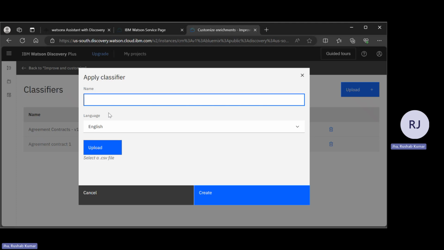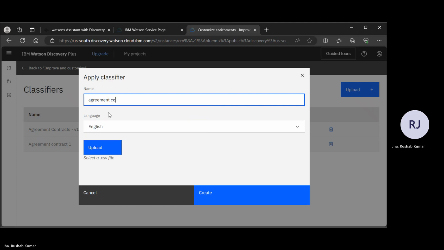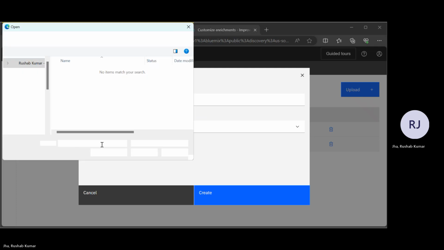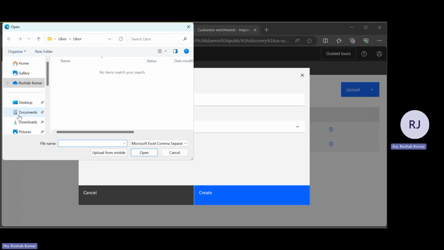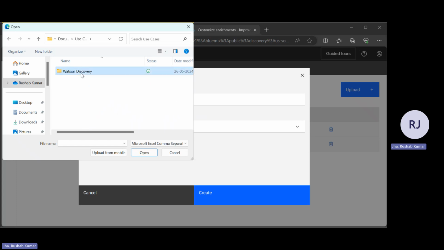Let's say I create agreement contract 1 1 2, and you can upload a file. Let's say I go to documents, and then I have created a folder, use cases, Watson Discovery, and click on NLC training.